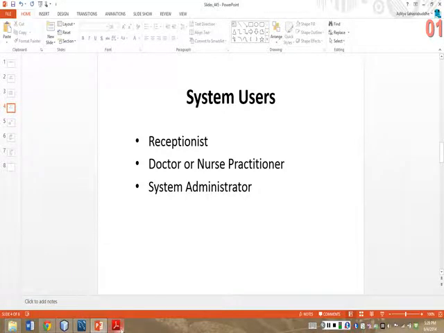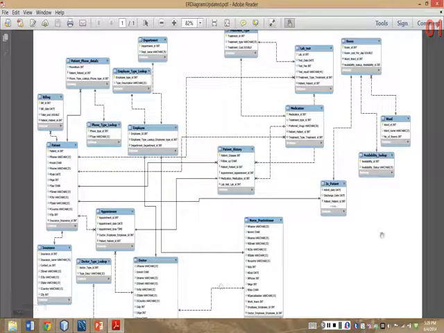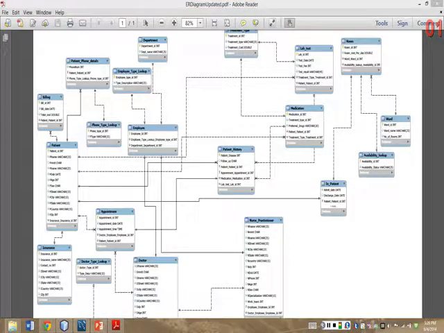Now let us look at the tables that we have come up with. So some important tables that I would like to mention are the patient table, where we are storing information like the name, address, age, and the multiple phone numbers. Then information of the employees and the type of employees they are, like nurse practitioners, doctors. We are storing information about the doctors like the names, addresses, and the specializations. Similar information is being stored for the nurse practitioners. We are also maintaining the information of which nurse practitioner is associated with which doctor.